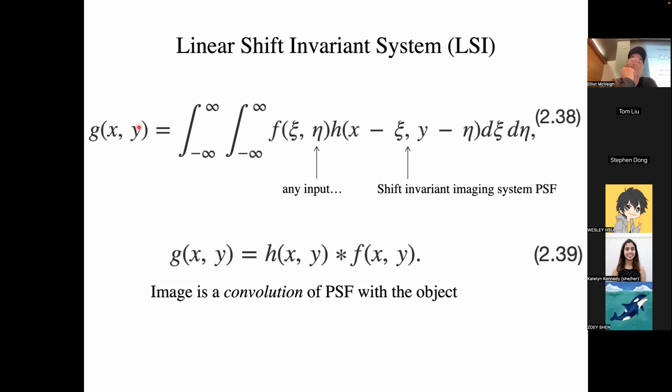Is H of X the point spread function or the system? H of X is the point spread function, which for these simple things we're saying is all you need to know about the system in terms of its spatial resolution. So they are kind of equivalent. The system is actually the integral, that's how you turn input into output. H of X is the point spread function, or the